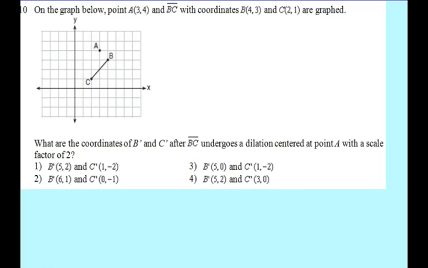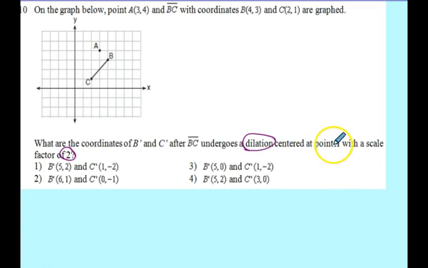And this is my personal favorite, although they were very generous with the answer choices and didn't include the really confusing possibilities. So, 2 points are graphed, giving us a segment BC, and what happens is a dilation centered at point A. So dilation is not centered at the origin. This means that you cannot simply multiply coordinates by the scale factor. Dilation centered at a random point such as A means that you will actually need to do the construction to